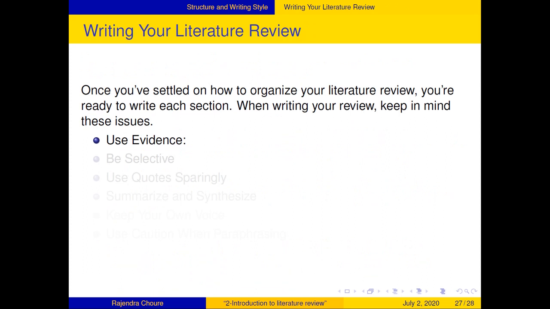Then once you have settled on how to organize your literature review, and you have your sections also, use these things to make your review more effective. There shall be evidence for each claim. Many sentences, or important sentences, sentences with serious claims, shall be backed up with sufficient evidence. Be selective. Only use the topics or evidence which have high quality and which have all the sound methods and all those things.